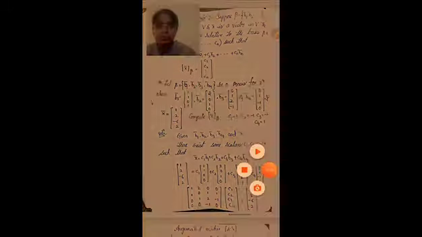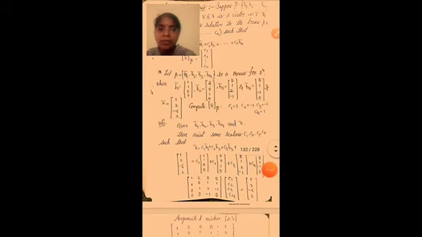If x bar is equal to (1, 2, -6, 2), compute here x bar beta, that is nothing but we have to find out the coordinates of x bar. So given b1 bar, b2 bar, b3 bar, b4 bar and x bar, see here, we are given four vectors b1 bar, b2 bar, b3 bar, b4 bar. This is a basis for R to the power of n, and given one vector x bar is equal to (1, 2, -6, 2). So we have to compute here x bar beta, that is the coordinates of x bar.